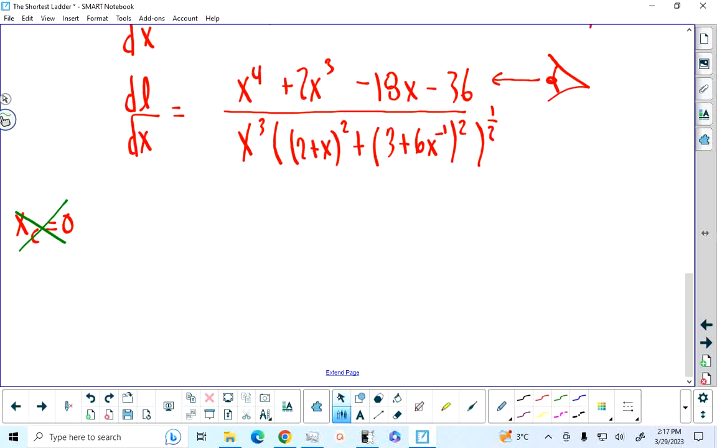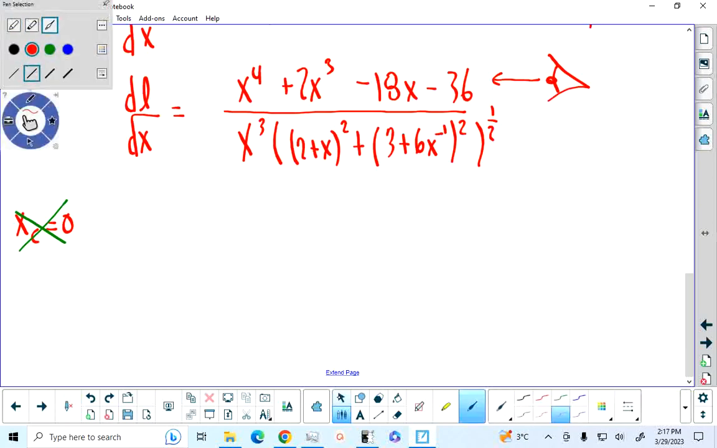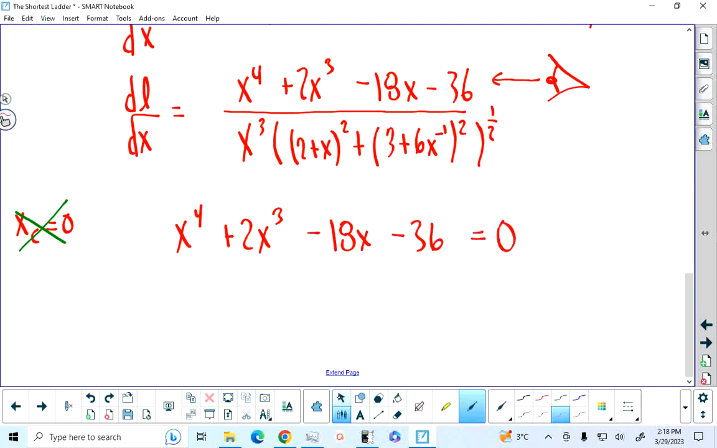And it's not often that I do this. I normally say you do it by inspection, but we're going to actually write out x to the 4 plus 2x cubed minus 18x minus 36 and solve this polynomial equation. Now, you could attempt to solve this by going to your Math 30-1 factor theorem and synthetic division